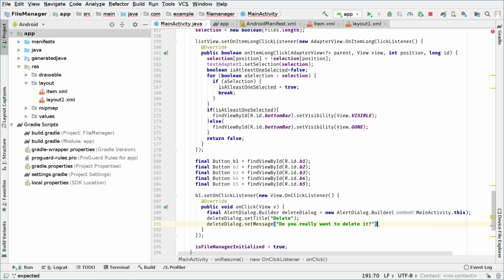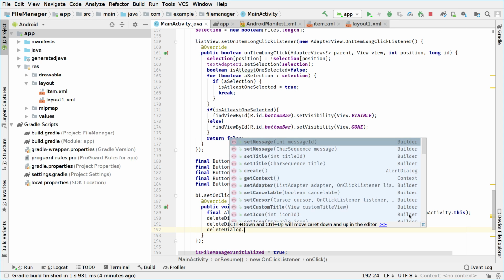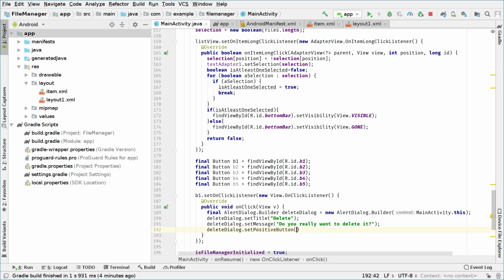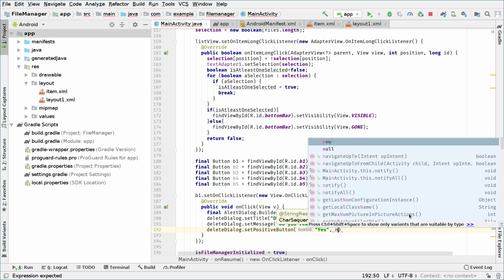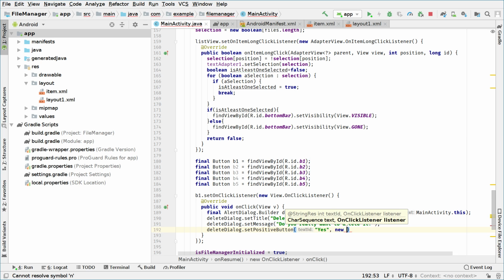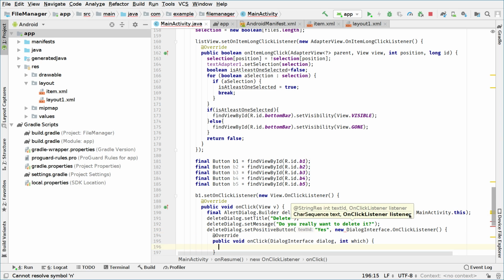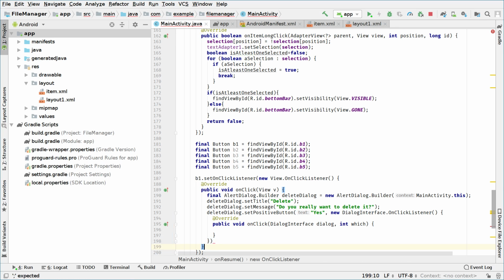Okay, we enter this in the parentheses and we say deleteDialog.setPositiveButton, and we will say what we want the positive button to say. For example, in this case we want to say yes if the user wants to delete it. And here we create a new DialogInterface.OnClickListener. So new DialogInterface.OnClickListener, as you can see. And of course, don't forget to end this with a semicolon. Okay, so when this is clicked,